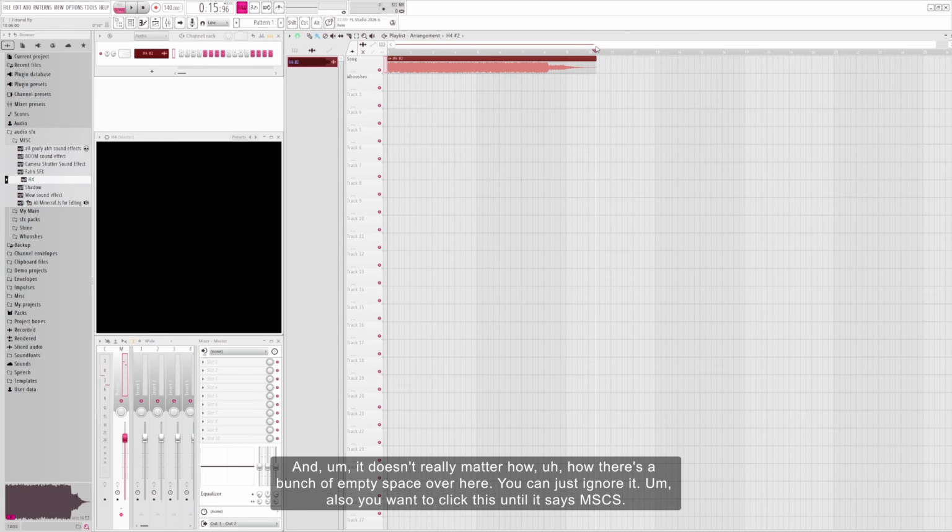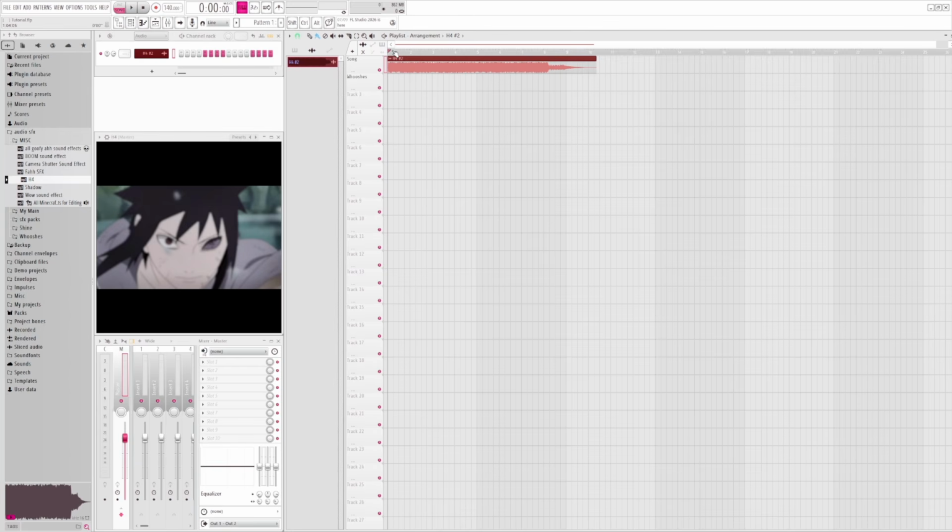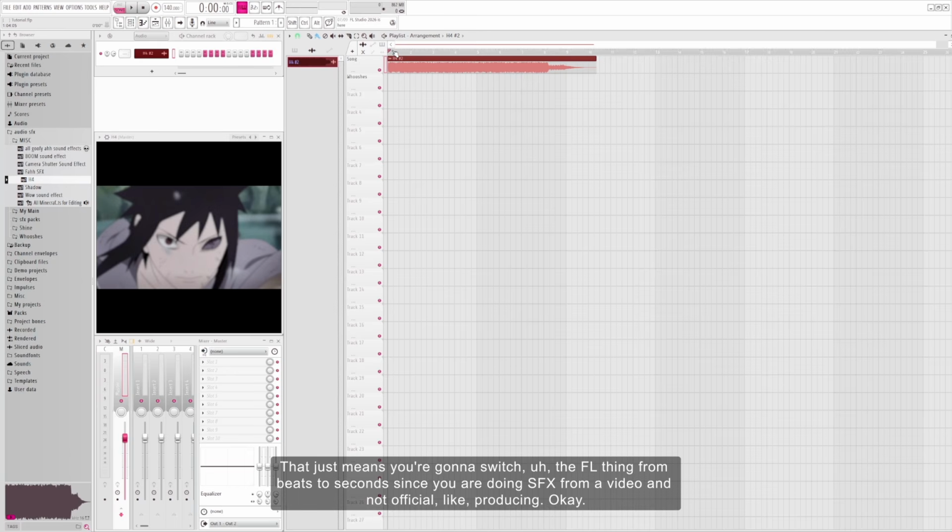and it doesn't really matter, there's a bunch of empty space over here. You can just ignore it. Also, you want to click this until it says MSCS. That just means you're gonna switch the FL thing from beats to seconds, since you are doing SFX from a video and not officially producing. Okay,